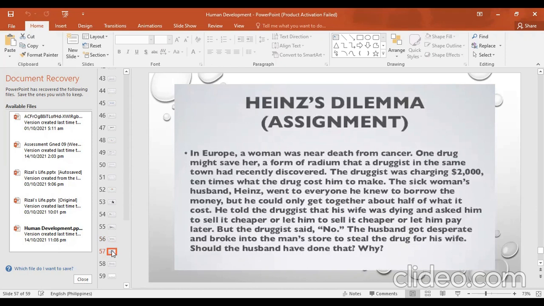So let's try to identify Haynes' dilemma. Okay. So ito yung story na hindi natin ma-distinguish ano yung tama sa mali, no? May mga bagay talaga na gagawa ka ng mali para sa ikabubuti or meron siyang positive outcomes. Ano ba yung mga ganitong example na kadalasan